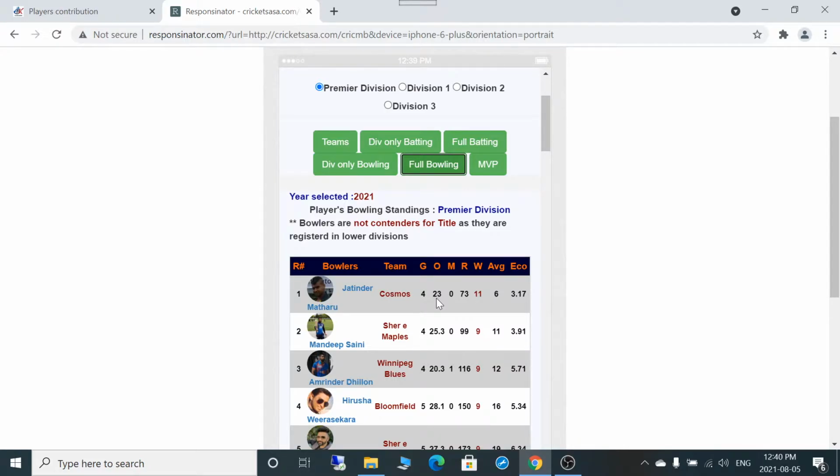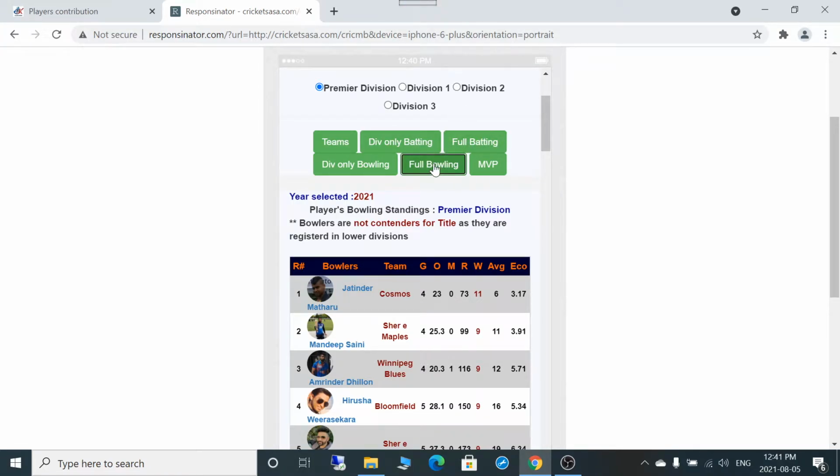In 23 overs, there is no maiden. He conceded 73 runs and he got 11 wickets with an average of 6, and his economy rate is 3.17. So these are some basic information you can get related to any bowler or batsman